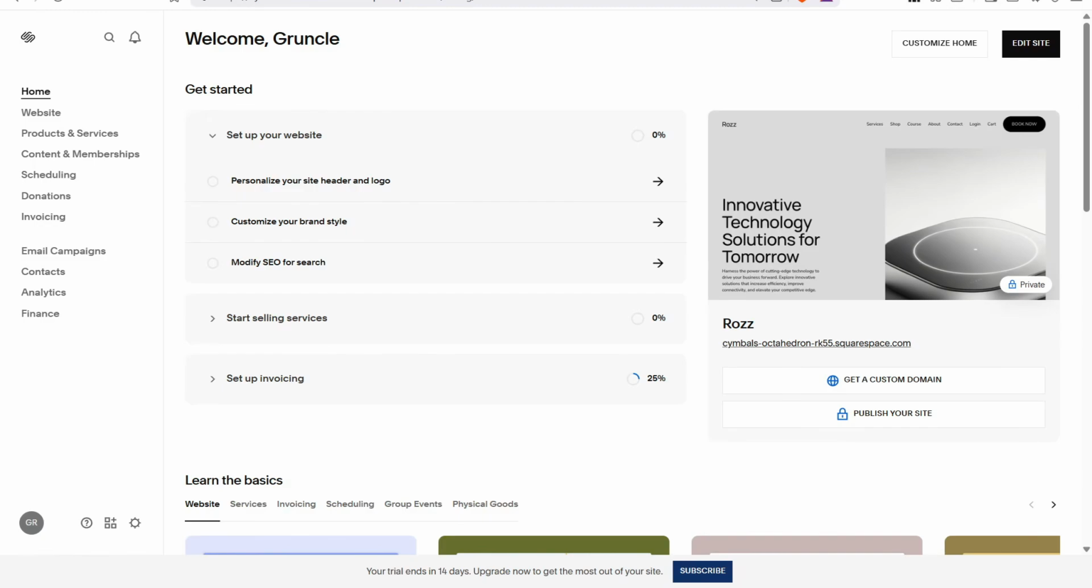In this video, I'm going to show you how to make an image change on hover in Squarespace. Let's get started. After successfully logging in to your Squarespace account and accessing the home page, the